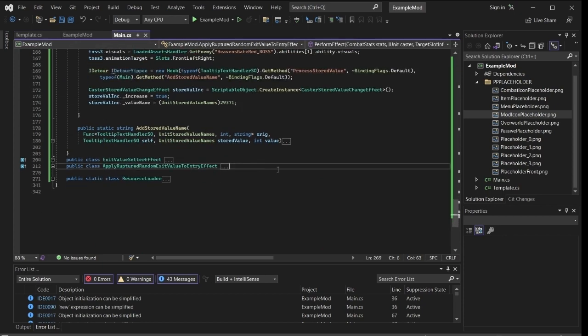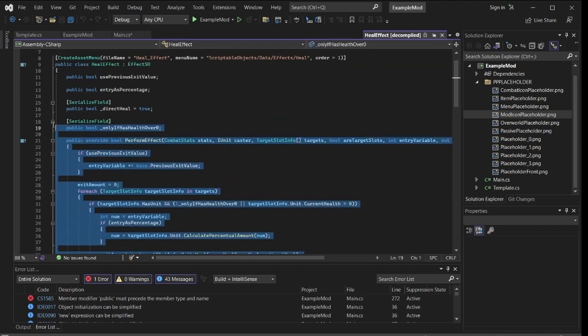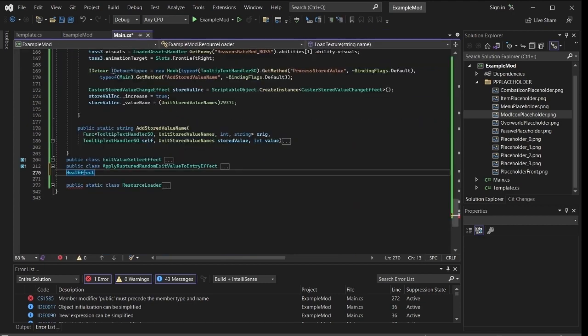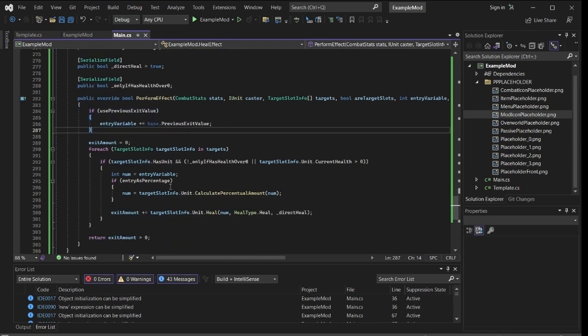So we can make an effect that will heal by stored values, or I suppose we'll rewrite it since something already exists for it. This is the heal effect. It is shorter than the life ruptured effect. Heal effect, for instance, has a use previous X value. This here is a for each statement. So for each target in the list of targets we have, if the target represents the slot on the ground, by the way, so if the target has a unit in it,